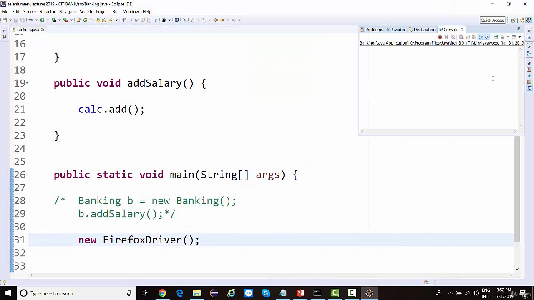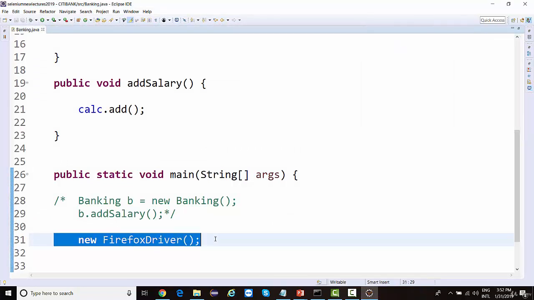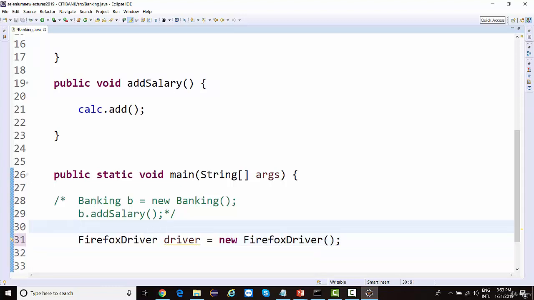And the developer who created the Selenium WebDriver Firefox driver class has written code inside this class so that whenever you create an object of this class, the constructor is called and is responsible for launching the browser. Now, the code could be 100 lines, could be 500 lines. We need not worry about it because we are not developing Selenium. We just need to call these classes and different methods, and automate our website. That is how we will be working on Selenium. So Selenium is not a tool, right?